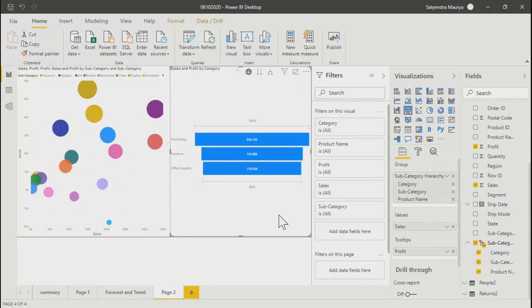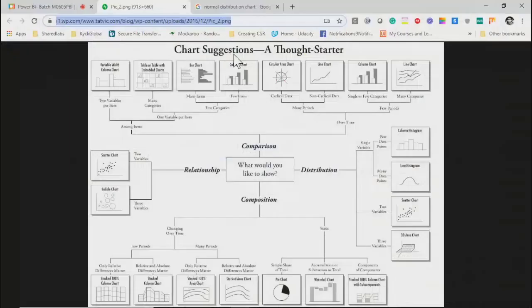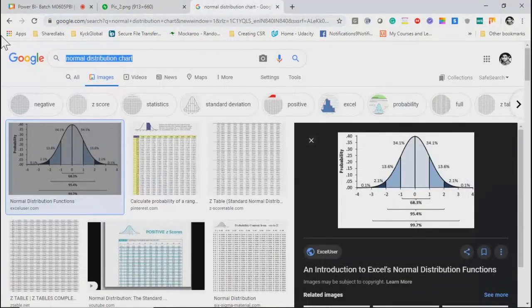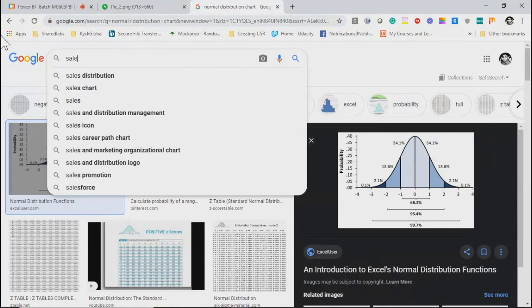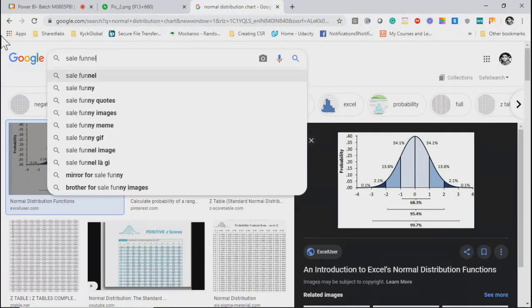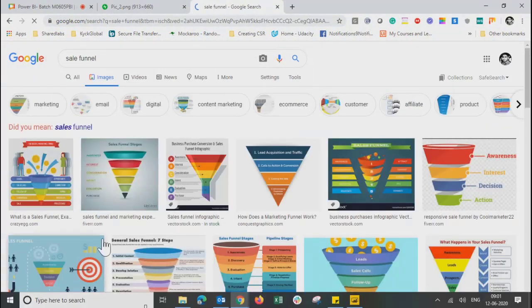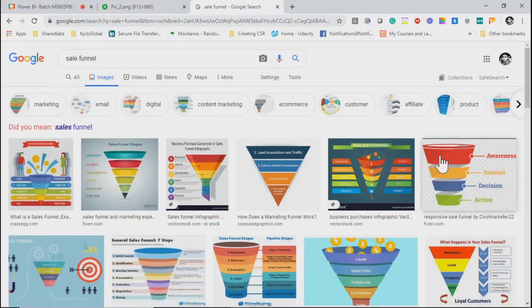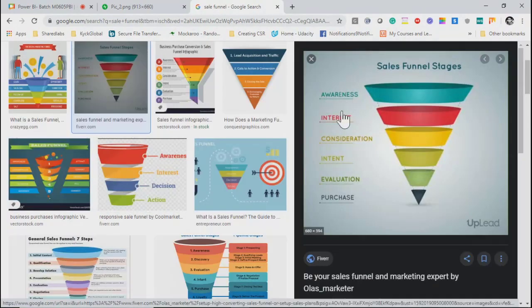So this funnel chart is generally used in a sales pipeline only. If you search on Google and just write sales funnel, you get the actual representation of a funnel chart. What happens over here? Awareness: you show your ad, then people show their interest.